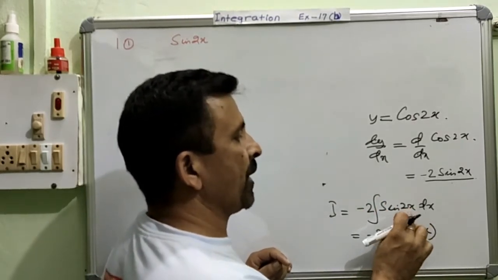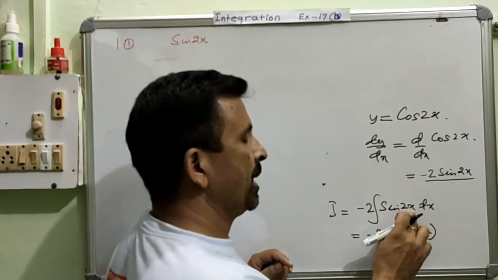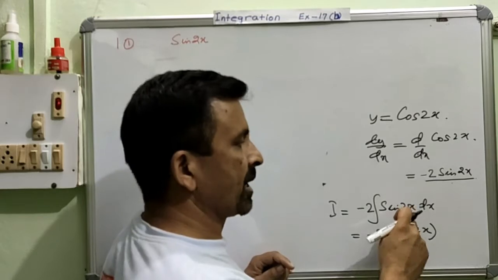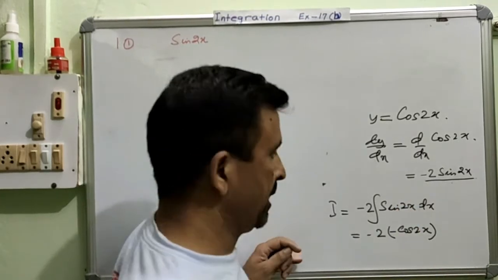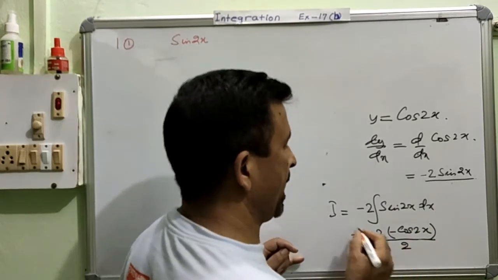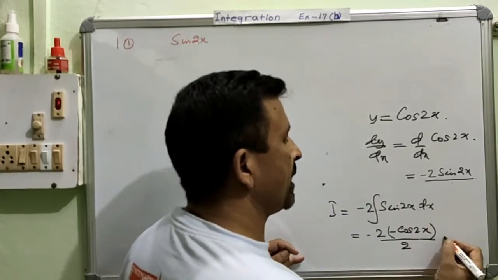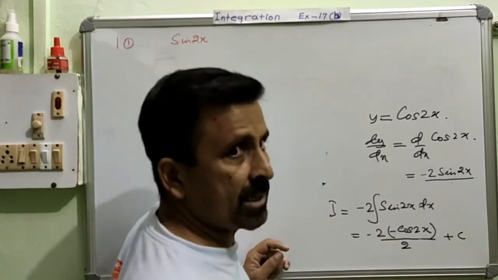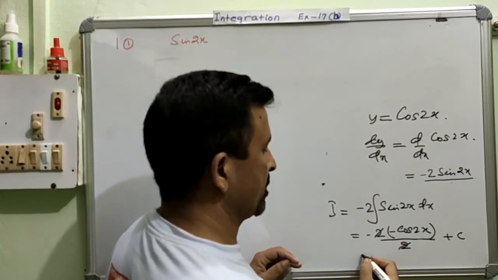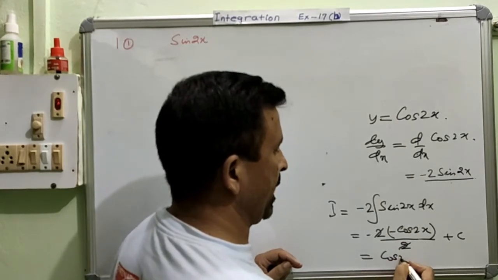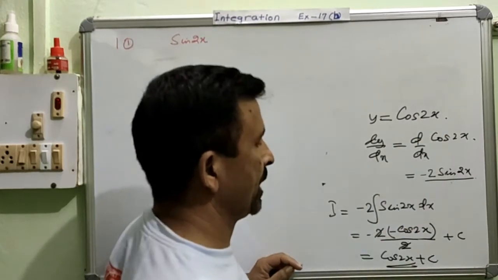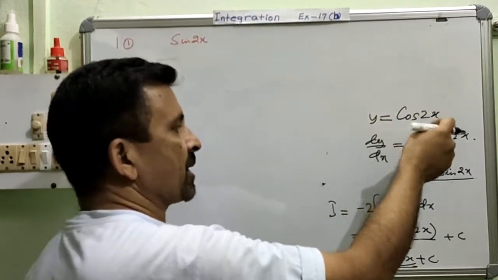Now we are going to find the integration of the angle part. In the differentiation, this came as a product. So this time, because it is the reverse process, the reverse of multiplication is division. Therefore, the integration of this part will come in the denominator. And because it is an indefinite integral, we will have a constant of integration. Now this and this cancel, minus minus plus. So this becomes cos 2x plus c. And now you can see here, you got the same. So when you differentiated this function, you got this result.